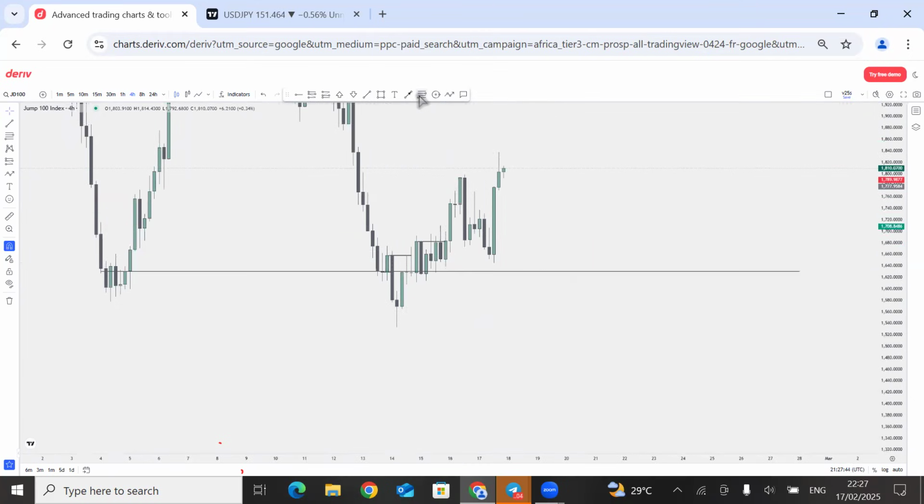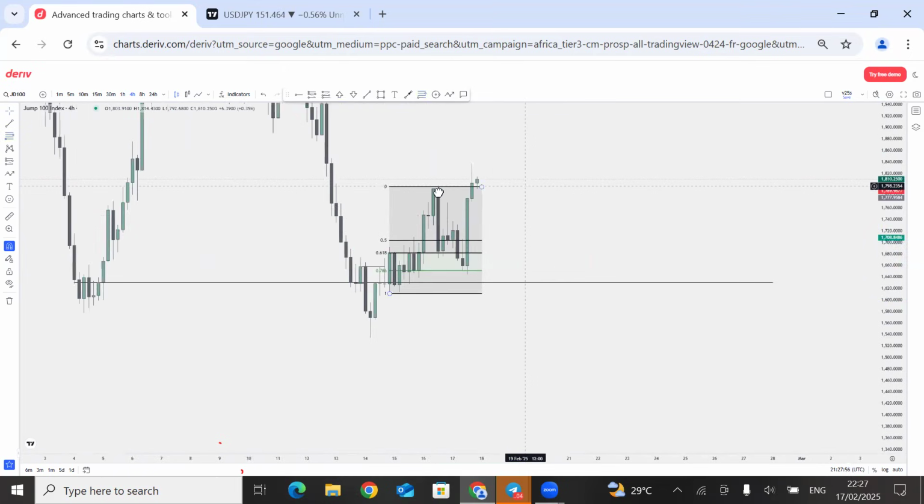Again, you can use your Fibonacci. Let's put it from this low. Let's try this low to this high. Where's our golden zone? Here's our golden zone, because we have a break of structure. Here's our golden zone. Again, now we just need to go to a lower time frame,